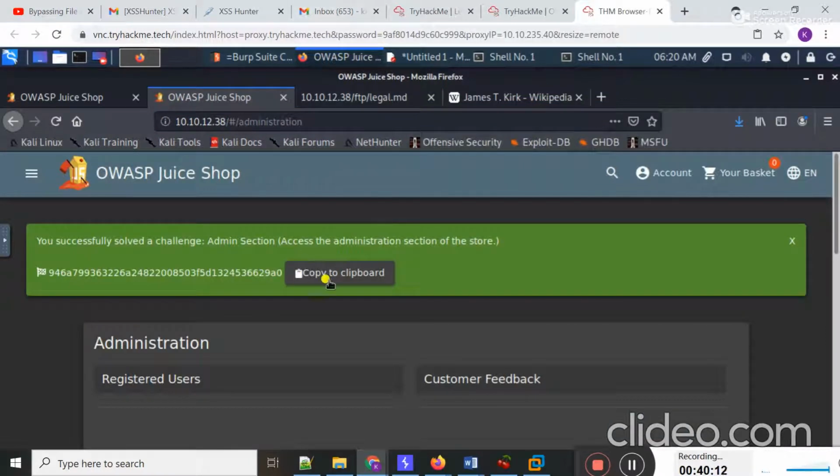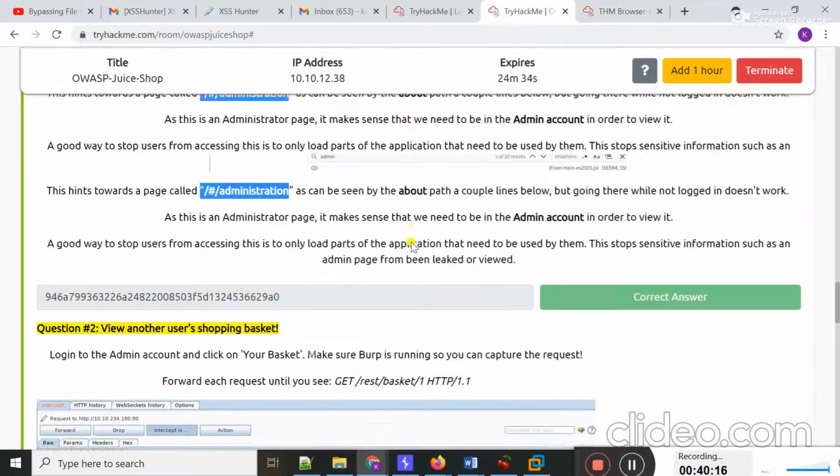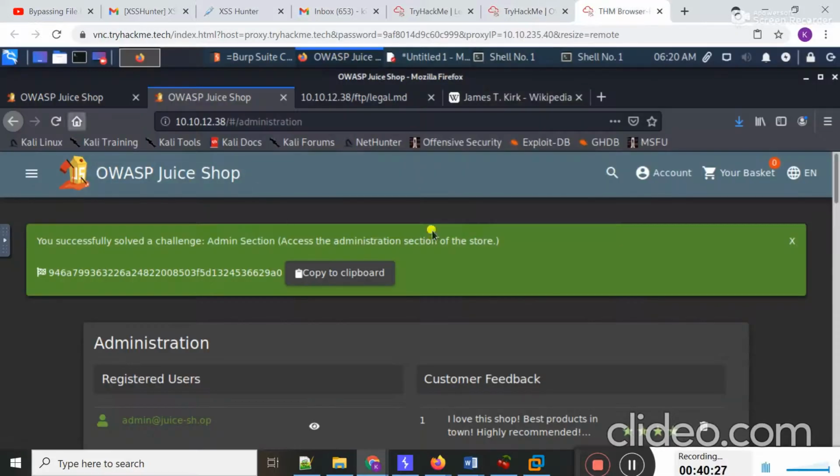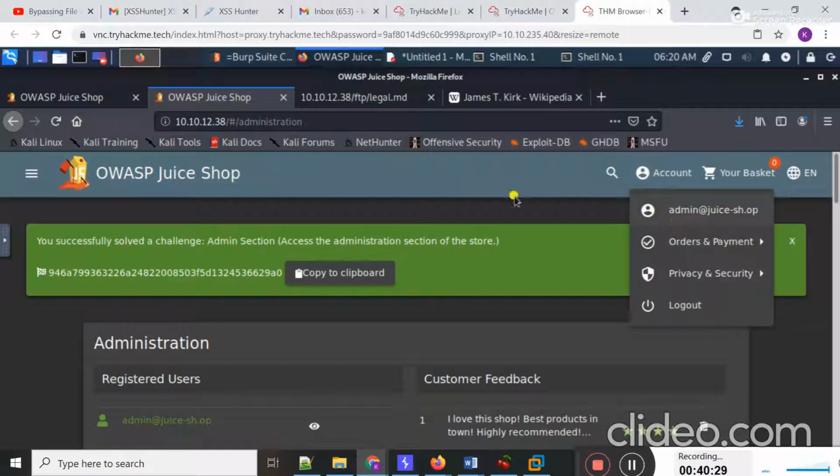Okay, finally I got the administration flag. You can see, copy and paste to the answer section. Okay, view another user's shopping basket. Log into the admin account and click on your basket. Make sure Burp is running. Okay, I already logged into the admin account and